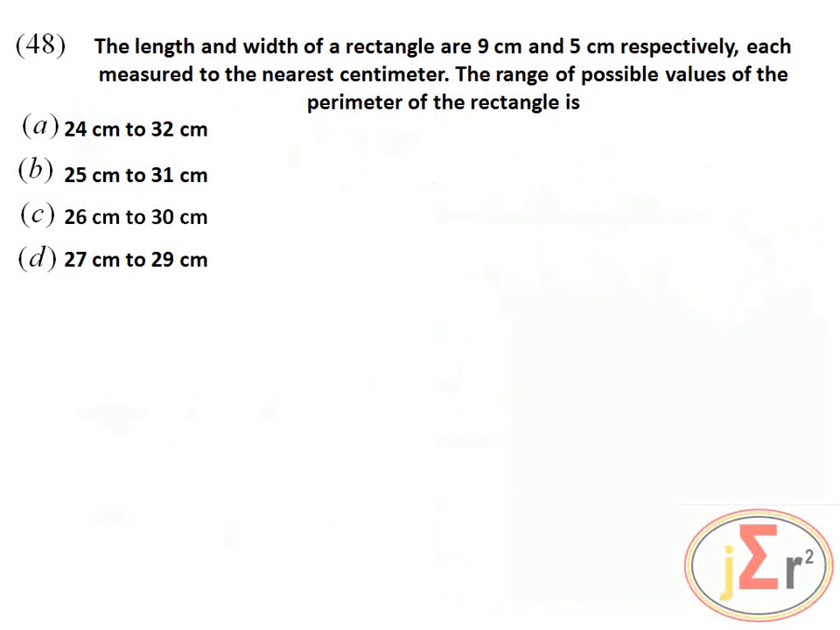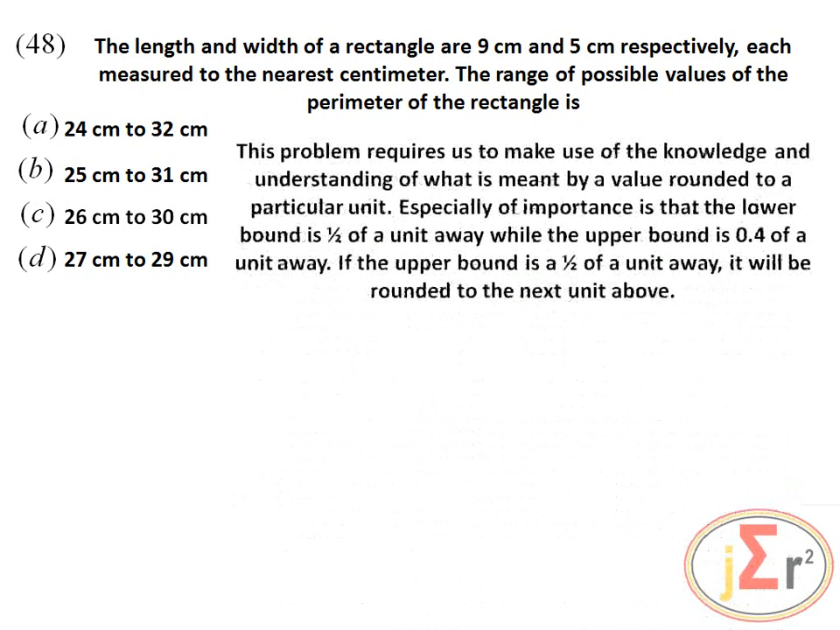The length and width of a rectangle are 9 centimeters and 5 centimeters respectively, each measured to the nearest centimeter. The range of possible values of the perimeter of the rectangle is, let's see. This problem requires us to make use of the knowledge and understanding of what is meant by a value rounded